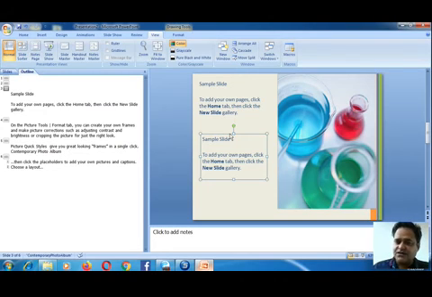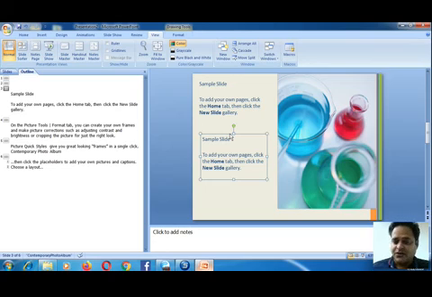In a similar fashion, we can copy any kind of object which is placed in our slide, whether that is a picture object, a map, a chart, or a bullet list, or anything.